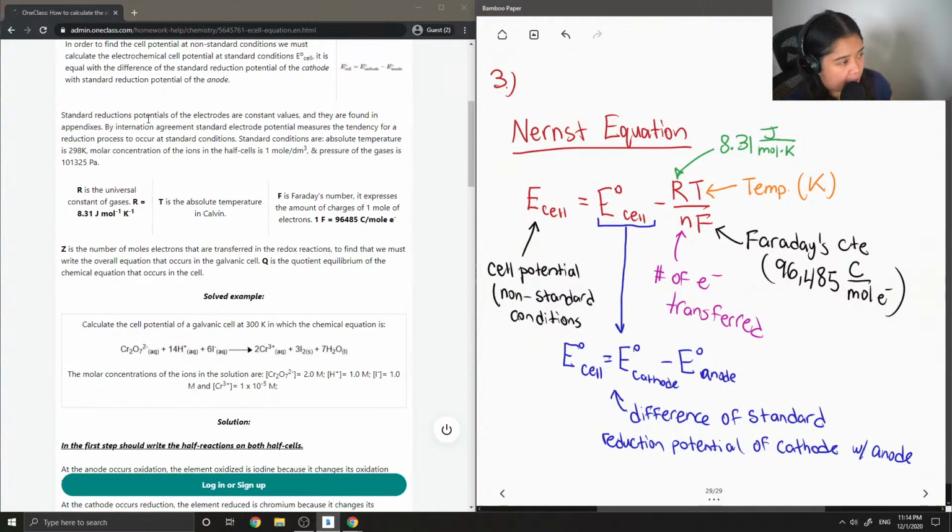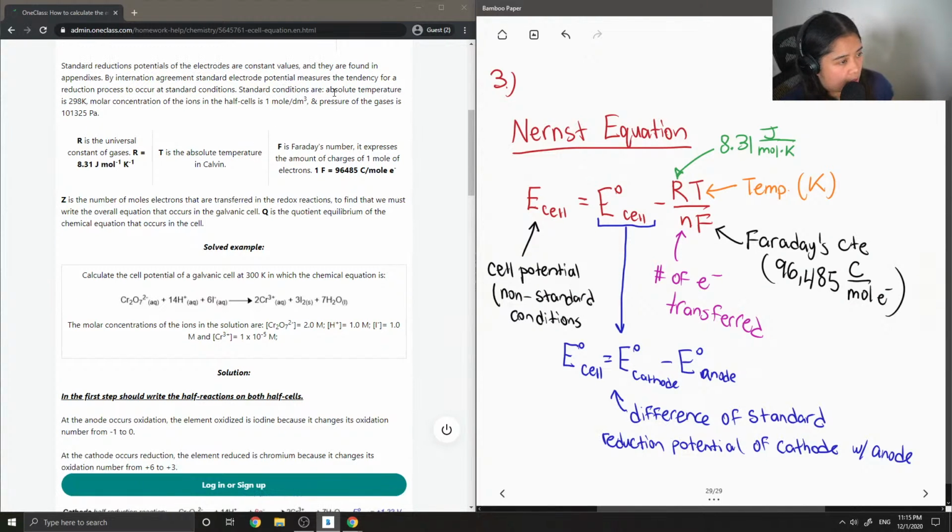Standard reduction potentials of the electrodes are constant values, and they are found in appendices. By international agreement, standard electrode potential measures the tendency for a reduction process to occur at standard conditions. Standard conditions are absolute temperature, which is 298 Kelvin, molar concentration of the ions in the half cells is 1 mole per decimeter cubed, and pressure of the gases is